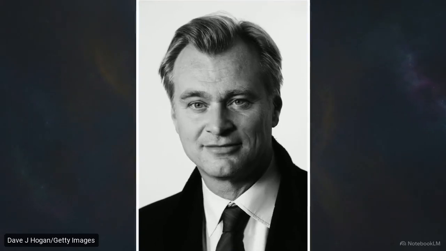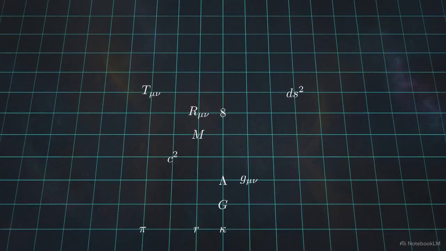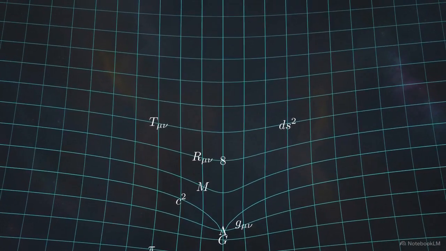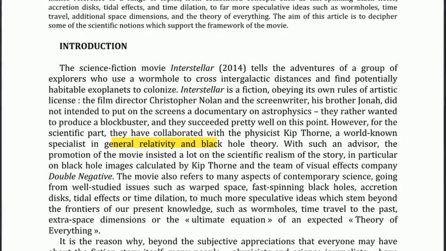To achieve this, the director brought in theoretical physicist Kip Thorne. Thorne's role was to replace standard screenwriting tropes with actual mathematics, ensuring these cosmic environments behave exactly as Einstein's theories predict. This commitment to accuracy went deep enough that the physics depicted in the film sparked actual academic research. This published peer-reviewed paper, titled The Warped Science of Interstellar, explains how the movie simulations actually contributed to the study